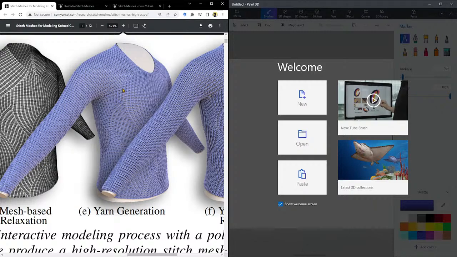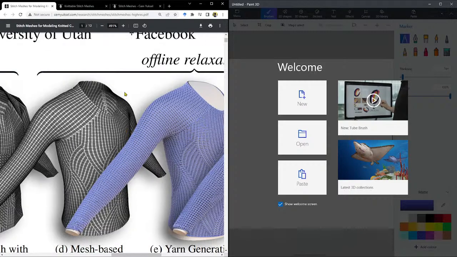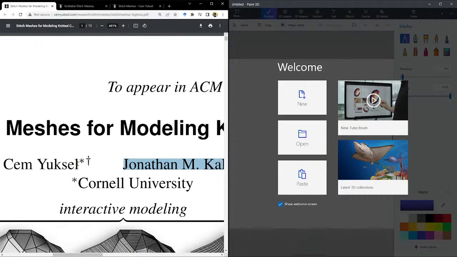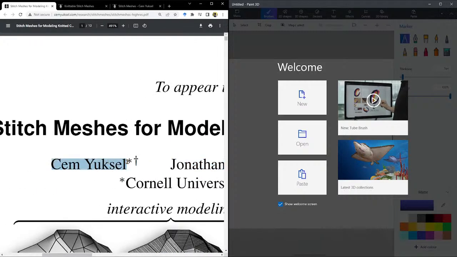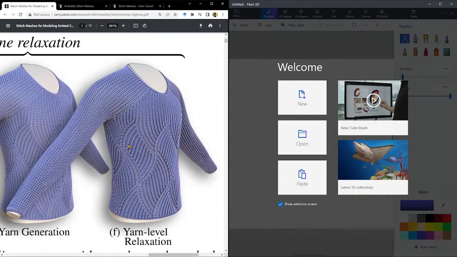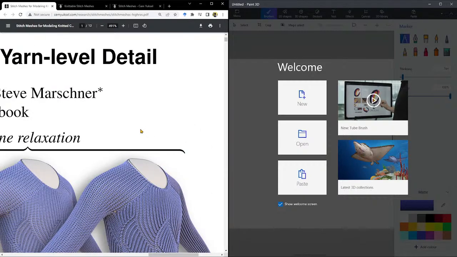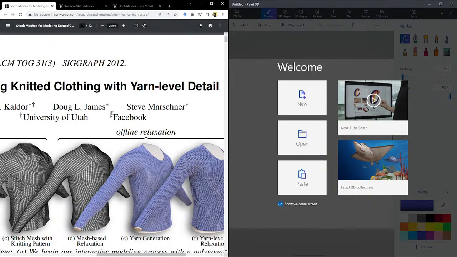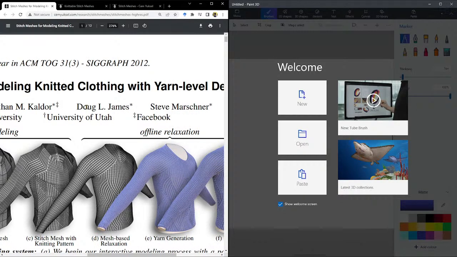Although it would unravel in a pretty catastrophic way. The author of this paper, the first author, I believe the name is pronounced Jem Yüksel, showed a video of the simulation going wrong if one of the stitches was off, and the yarn just flies out at these crazy speeds. Anyway, that's not important. So 2008, later updated in 2010, these three people create a really nice yarn level simulator,